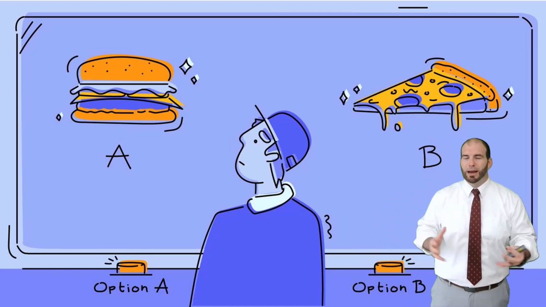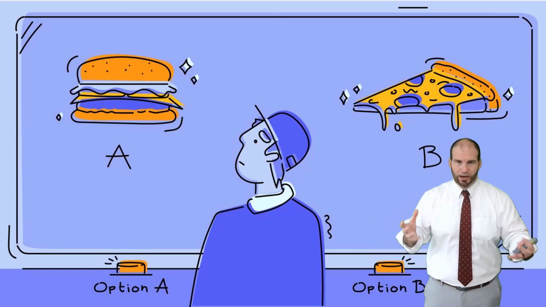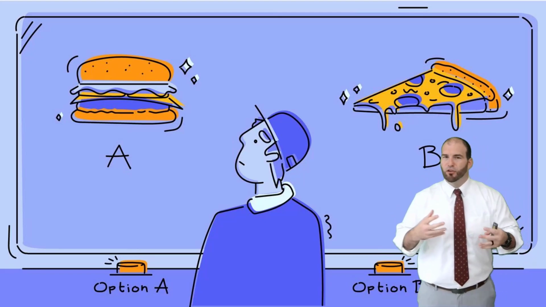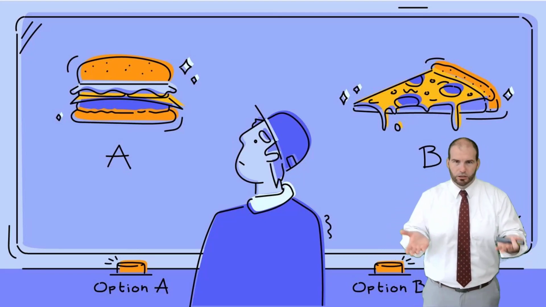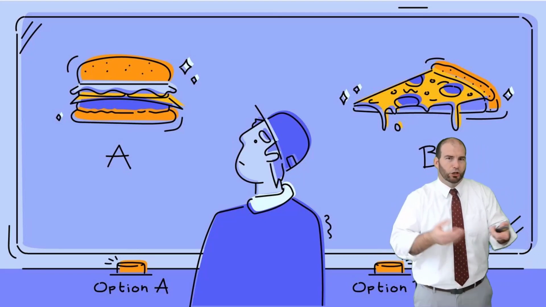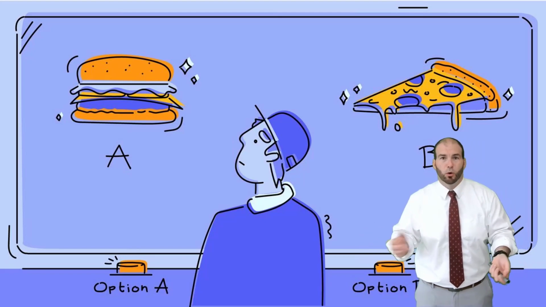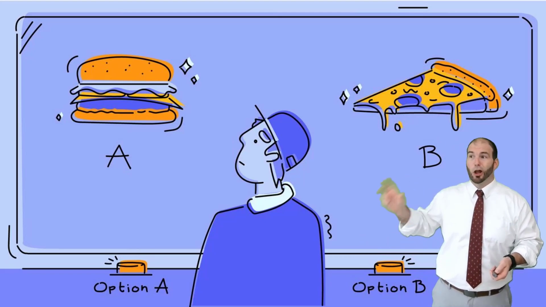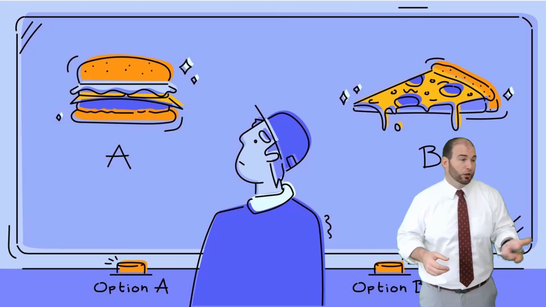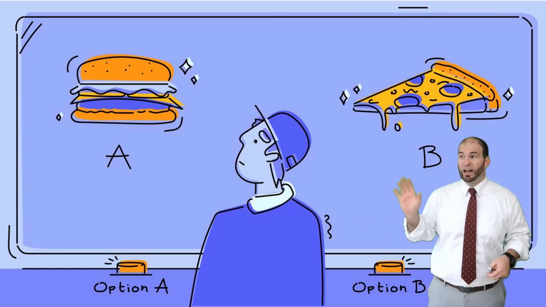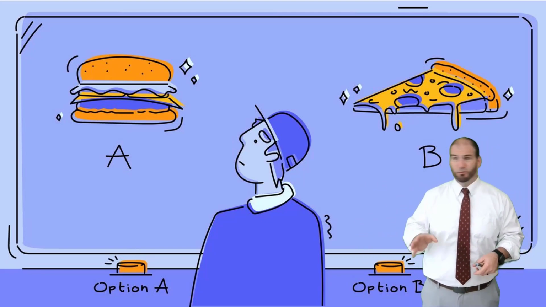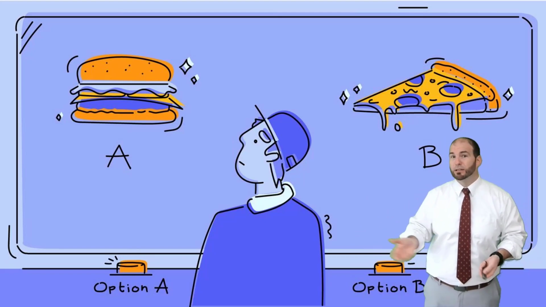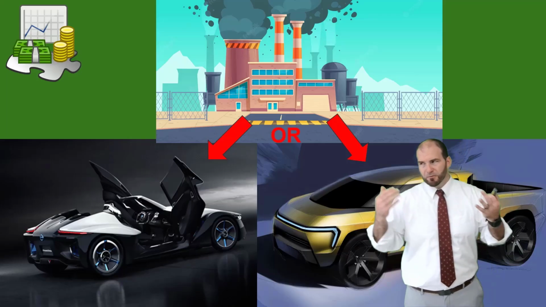So as you expand this to the larger concept of economics, what you don't choose is very impactful. So you basically have to weigh the pros and cons of both and choose the one that you want. There's like two positives, and you choose the one that you want. Opportunity cost refers to your lost opportunity on the other one. So if you got the cheeseburger, you might love the cheeseburger and come find out your friend bought the pizza and the pizza was trash. Hooray, that's great. But the opportunity cost is still the pizza. It's still the choice you didn't make.